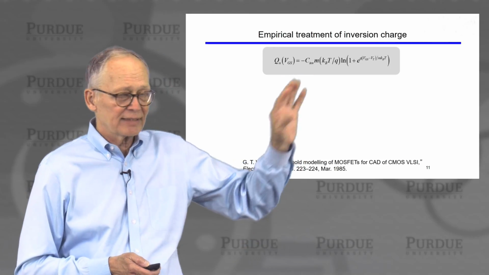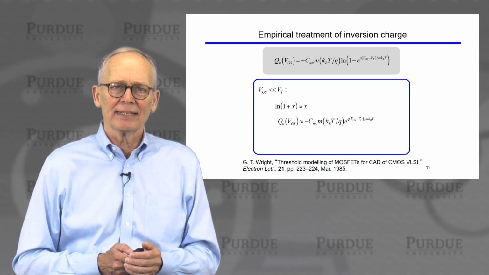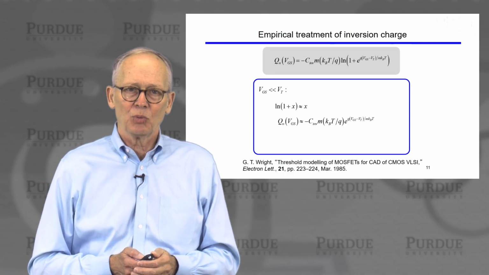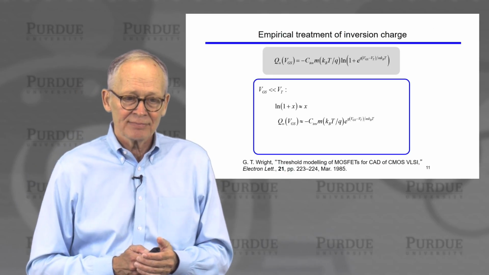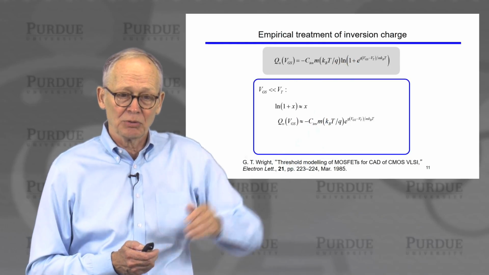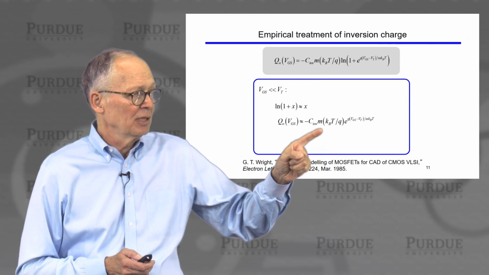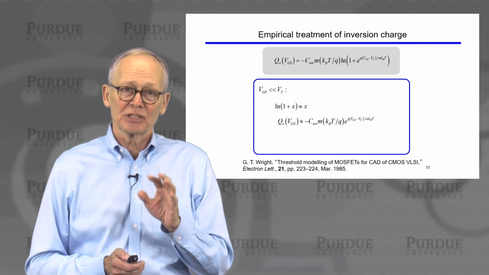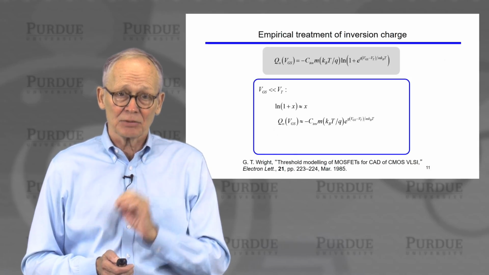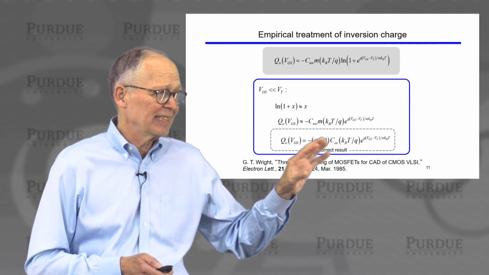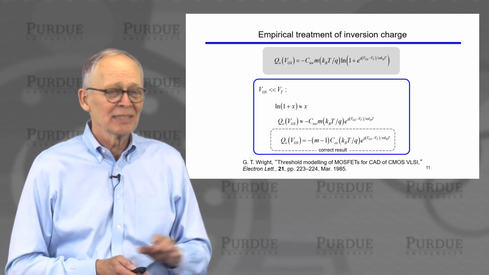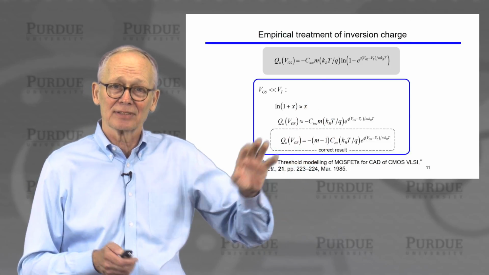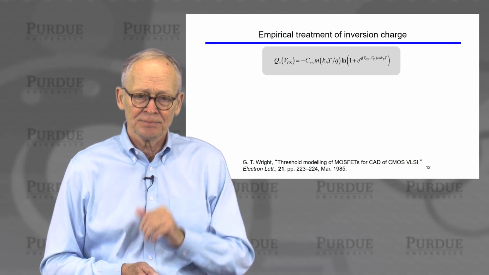If we look at this expression below threshold, and simplify it, recognizing that log of 1 plus x is about x when x is small, and that'll occur when Vg is below threshold, then we can see that this expression reduces to an expression that says that charge is proportional to e to the gate voltage minus threshold voltage over mkT, and that's the right thing. Now, if we compare that to the expression that we developed, it's not quite the same, but in practice, it's close enough. The pre-exponential factor is not as important as the fact that we've got the exponential factor correct.